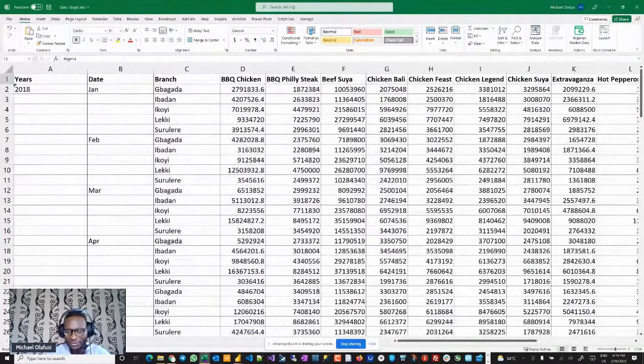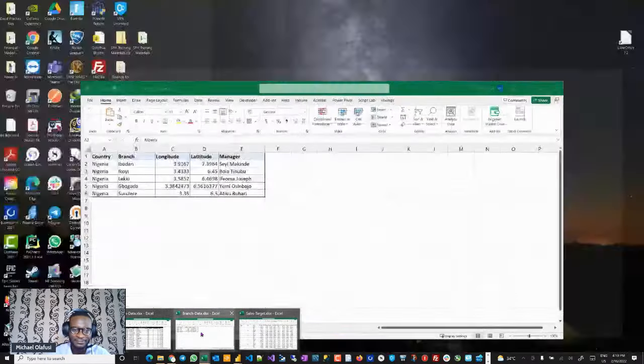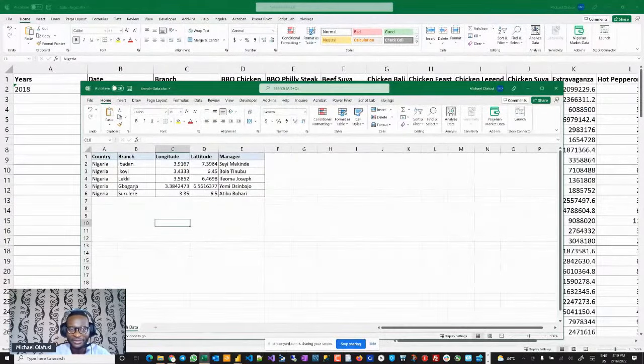Good. Then I'm going to go to the other table. This has just the information around the branches. So each branch in Nigeria has a branch manager, right? So we might decide to do a report that is evaluating the performance of each branch manager.